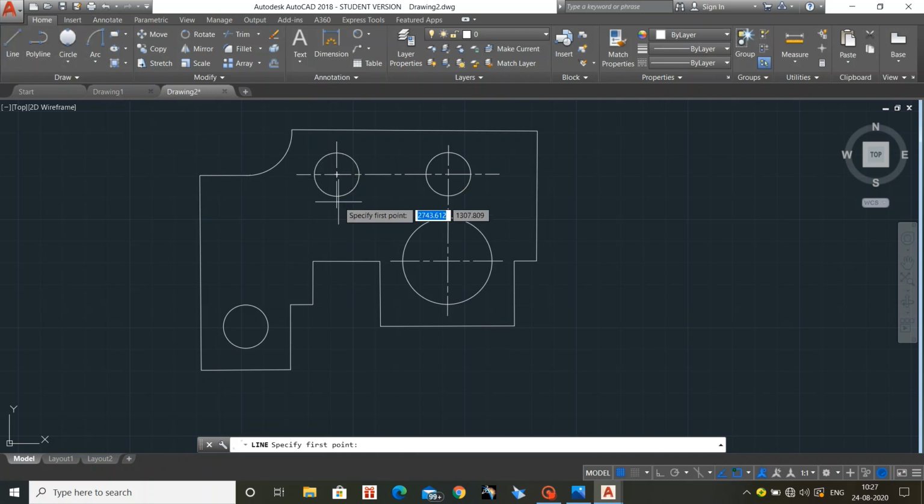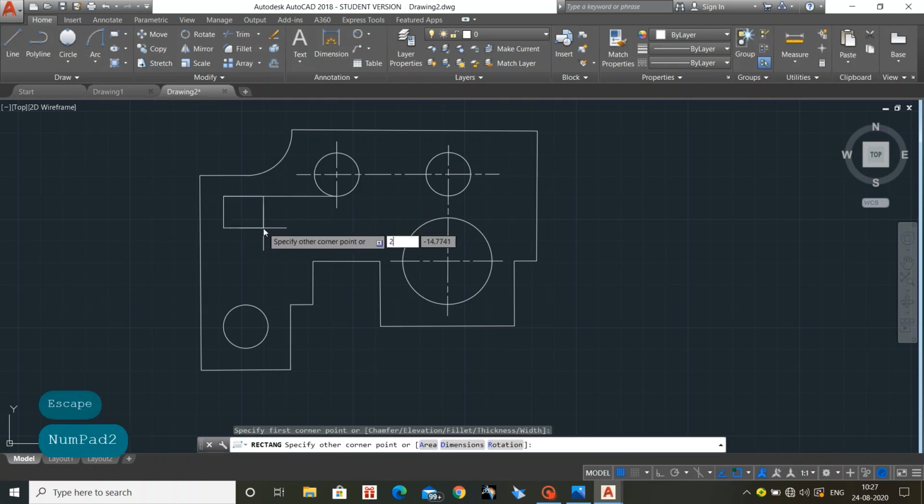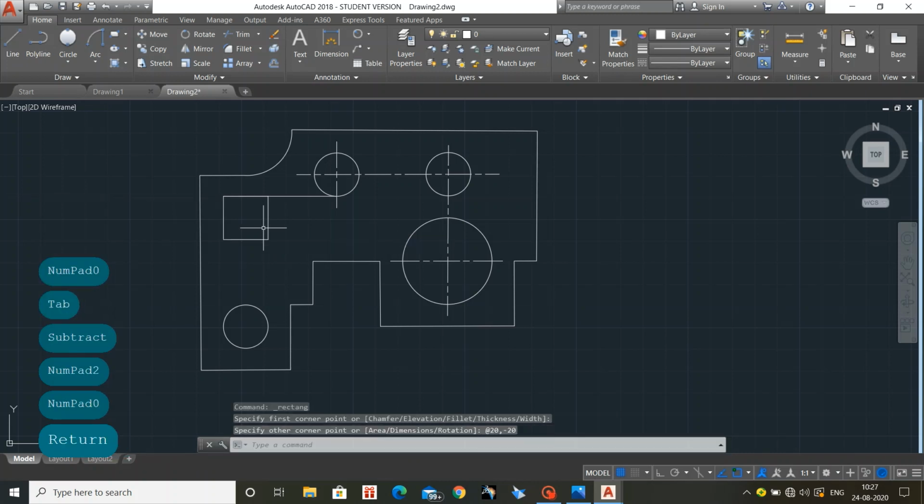So that's the line. The green lines will appear. So I have constructed a line. So from there I have constructed the square. See, 20 tab minus 20. So our square is constructed and I have deleted the line.